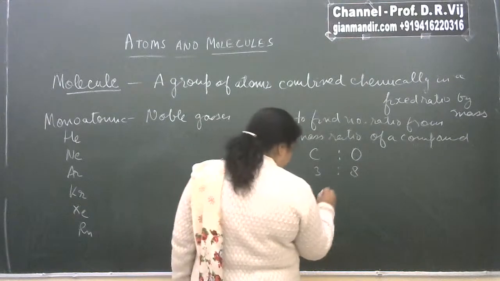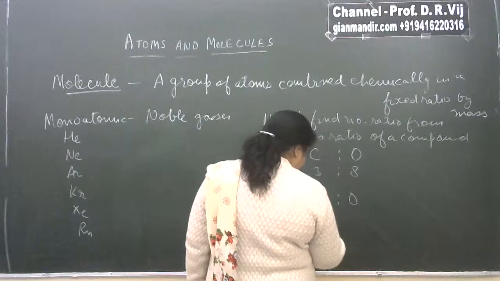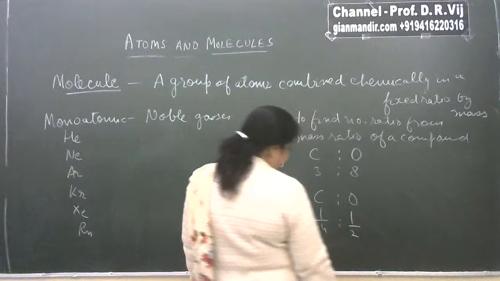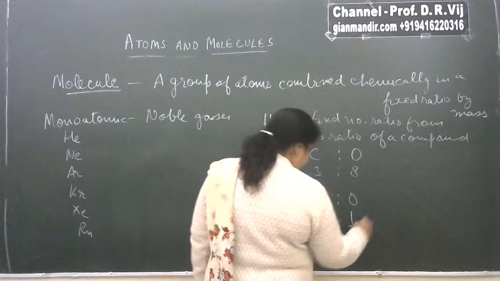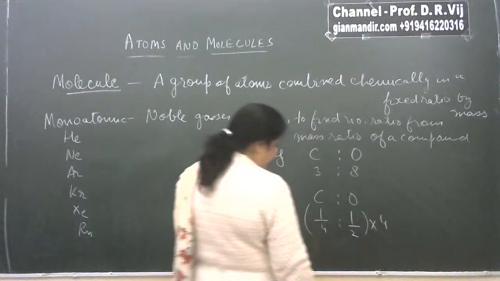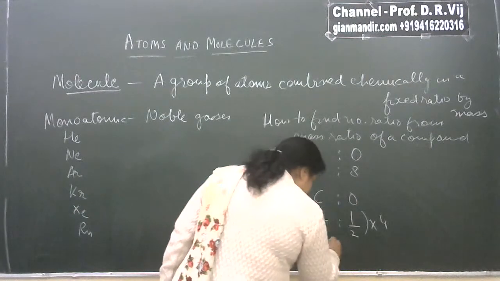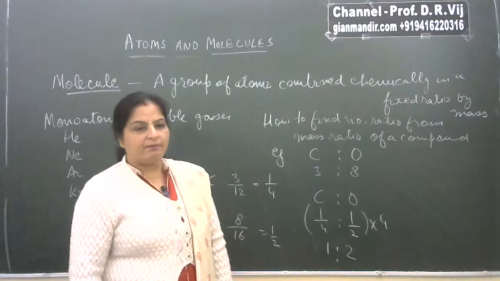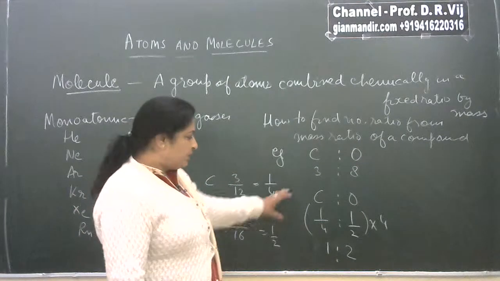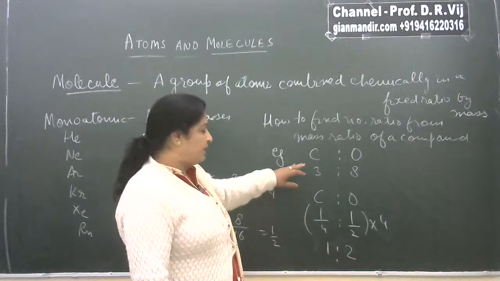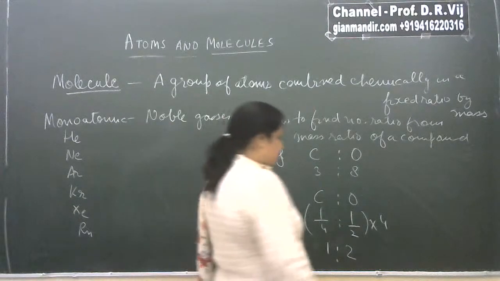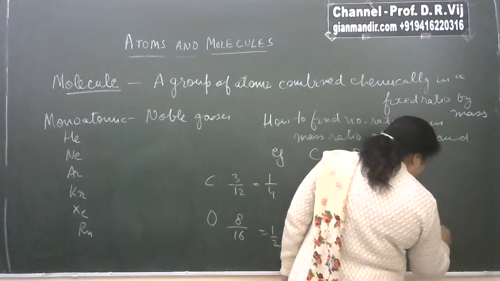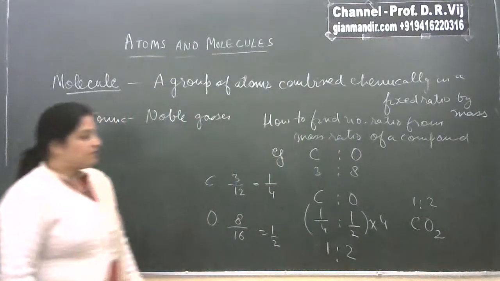So in this compound, carbon and oxygen are in the number ratio 1/4 to 1/2. To simplify this, we multiply by 4 so that the number ratio comes out to be 1:2. So for a compound of carbon and oxygen where the mass ratio is 3:8, the number ratio is 1:2, and the molecular formula of the compound is CO2,